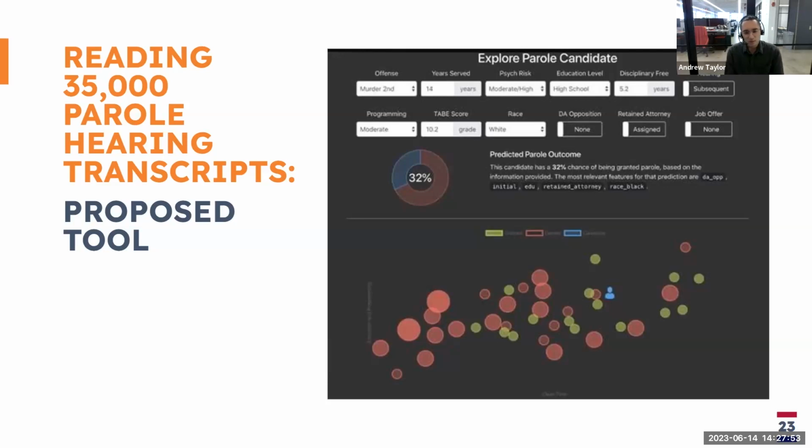And I would hope, if you can see where I'm going here, that you could imagine something comparable in conviction integrity, where we have all of our canonical risk factors represented here, and if we were able to extract them automatically from scanned paper documents, we might get some sense of the predicted probability of a wrongful conviction or potential eligibility for resentencing, and maybe find a way to more efficiently target some cases that could be overlooked. And on that note, I'll give it back to Bobby here to talk about one more tool